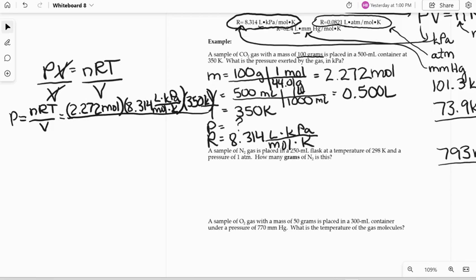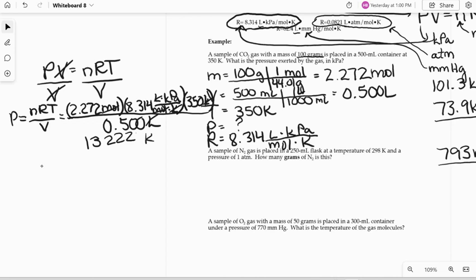All of that is over a volume of 0.500 liters. Now we're going to check that the units cancel out, because if your units do not cancel out correctly, you've probably made a mistake. So moles on the top cancels the moles here, K cancels with K here, liters cancels with liters here, and this is in kilopascals. Now I get an answer in my calculator,